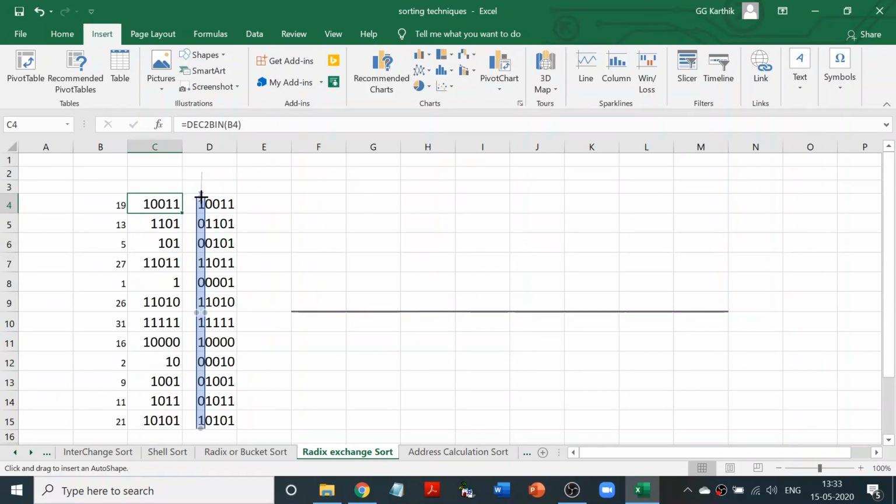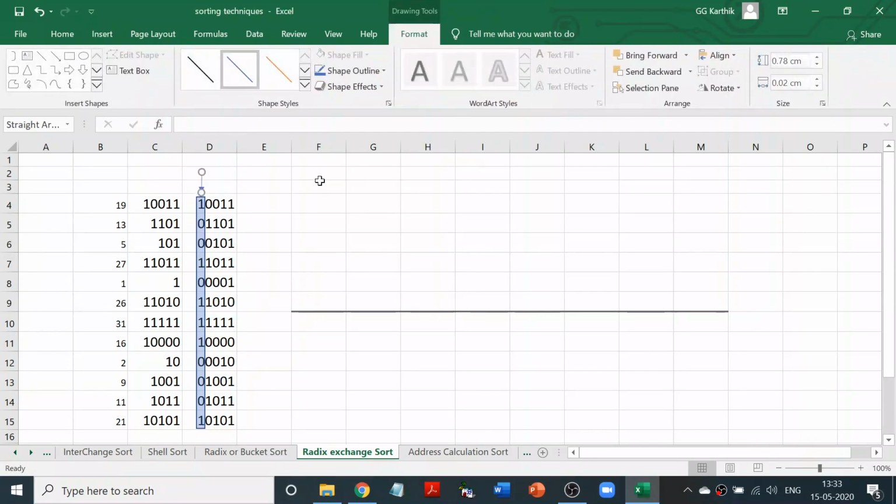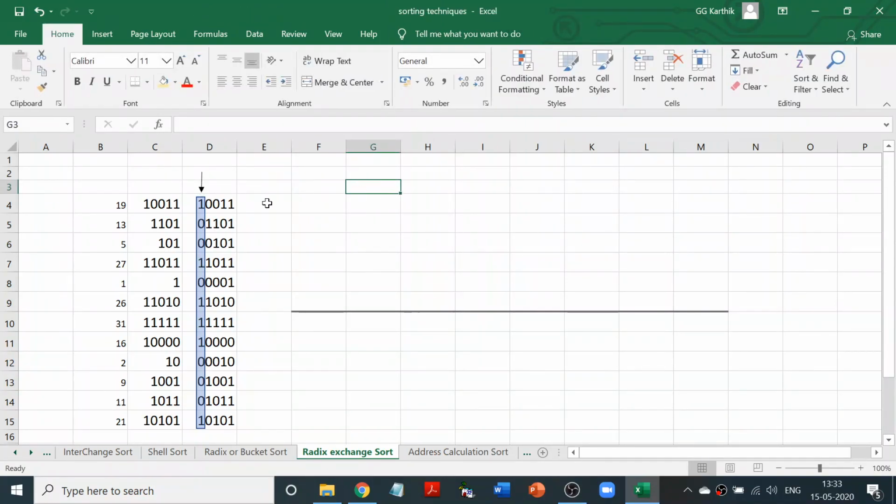So let me show you here. This is the column I'm going to use, right? And we are going to keep shifting. Let us see how that is happening. Okay, so let me start now. I'm going to take the first one. Just look at only the first column, don't get confused.